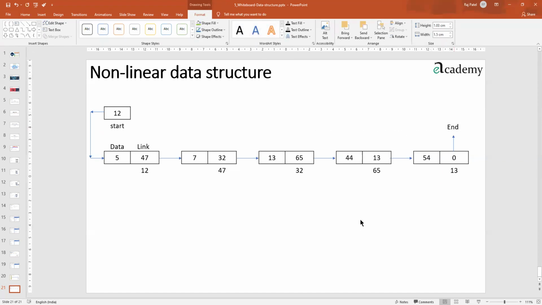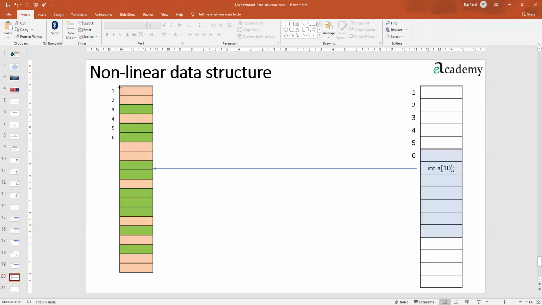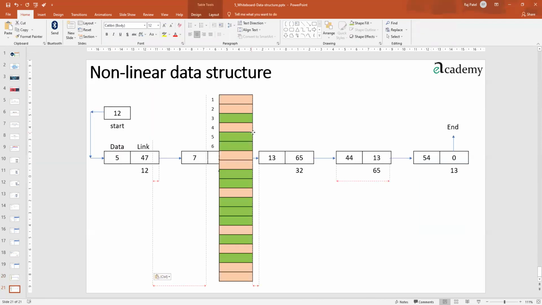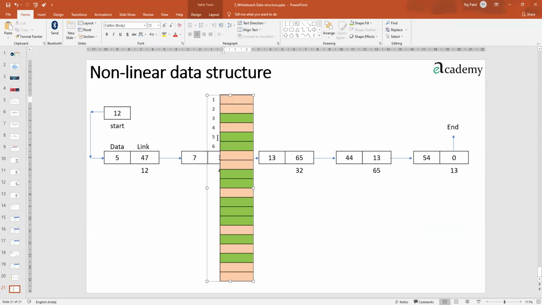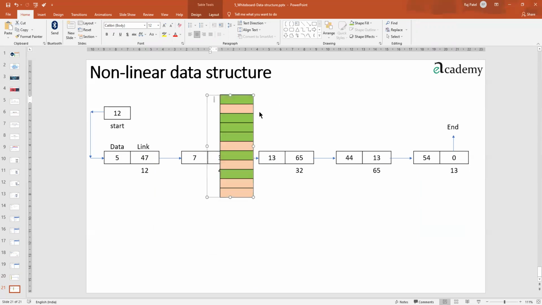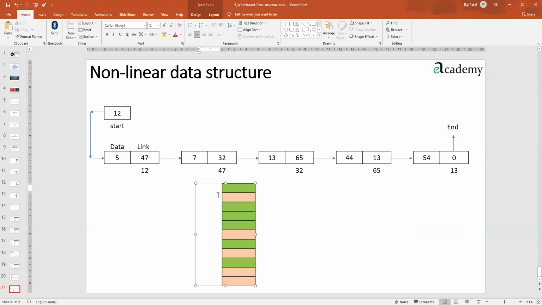Now, if I try to plot this non-linear data structure on the memory in this particular style, then we can understand that in this kind of memory structure, if we want to implement such a structure, it will not be very tedious, but yes, we'll have to do certain activities for the same. So if this is the memory structure, let me write down a few box numbers here. So that is, let's say, box number 12.